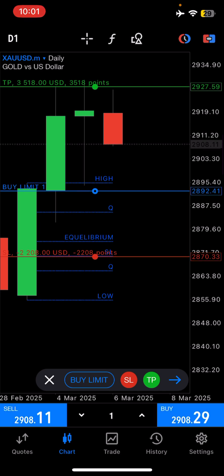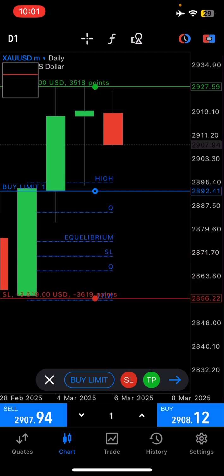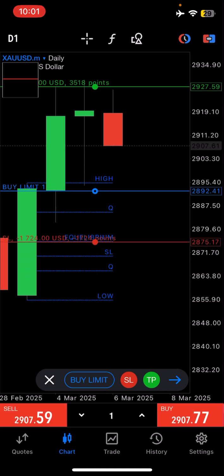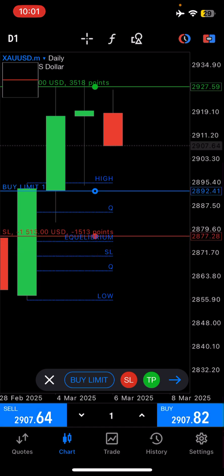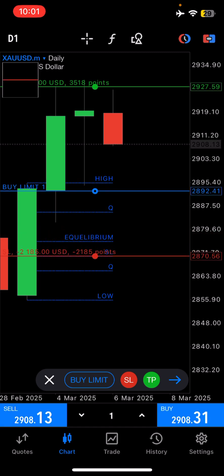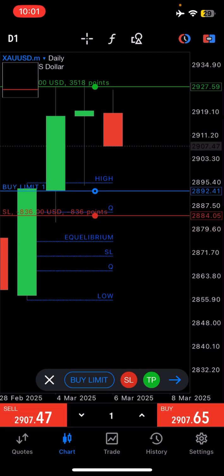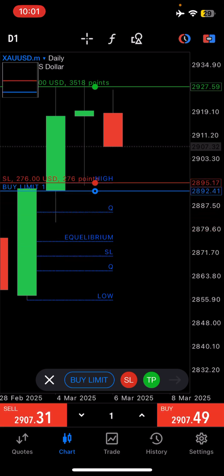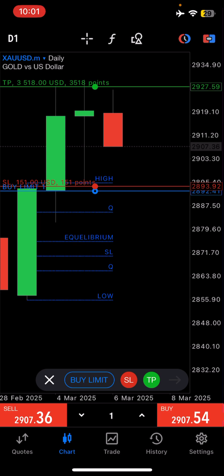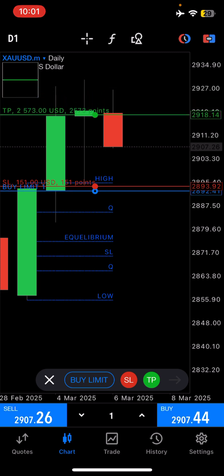So what I usually do is put my stop loss right here, but you can see that it will be too huge. So sometimes I put it here, depending on how I'm feeling. But most of the time I put it there, and then when the candlestick closes, I'll just put it there. Did I lose any money? I didn't lose any money. If I want to hold, I'll put it there. But if I want to close, I'll just close when the candlestick is closing and take my money and go home. Like that. That's the strategy that I use.